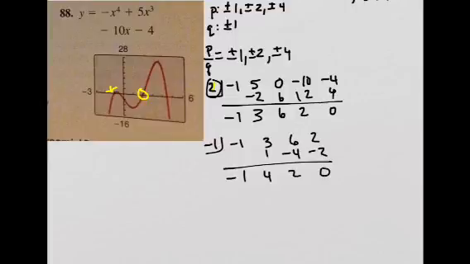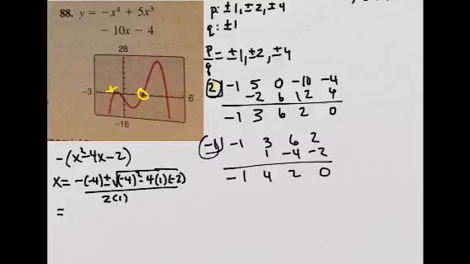Okay, so it worked. So I'm going to factor out a negative 1 because this is x squared plus 4x minus 2. I'm sorry, plus 2. I'm going to factor out a negative. So that gives me x squared minus 4x minus 2. It does not factor, so I have to use the quadratic formula. I have it set up right there. So minus b would be 4 plus or minus the square root of 16 minus 4 times 1 times negative 2 is plus 8